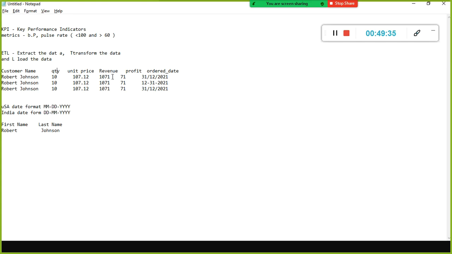Otherwise, you cannot compute revenue, right? Text into number, how can you multiply? You cannot do that. So you need to change the data type. You need to make sure that each column's data type is assigned correctly: the date column with the date data type, or the unit price with the decimal data type. You need to check the data types.